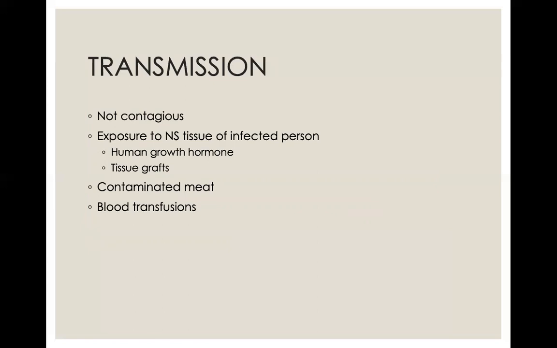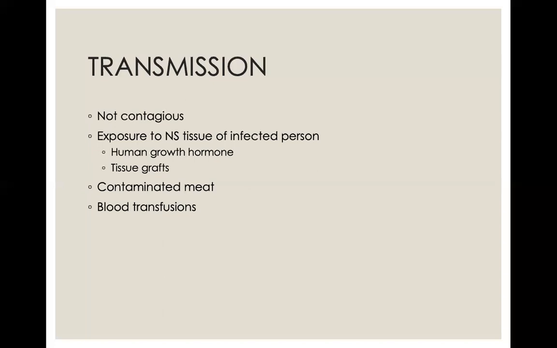CJD is not contagious and cannot be transmitted through touch or airborne particles. However, exposure to nervous system tissue and fluids or brain tissue from an infected person can lead to its transmission. There have been cases during procedures where parts of infected brain tissue were grafted into another individual who then consequently got CJD, and this includes corneal transplants as well. Additionally, CJD can spread if electrodes are not cleaned sufficiently or sterilized when implanted into the brain. Unfortunately, there have also been cases where patients were injected with human growth hormone